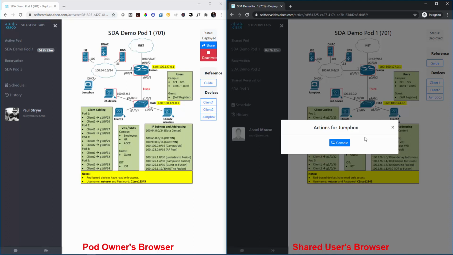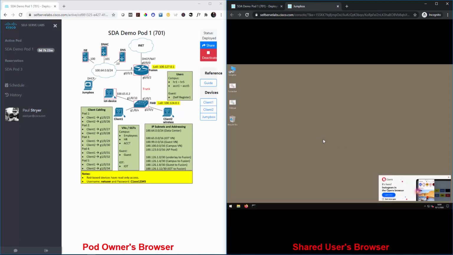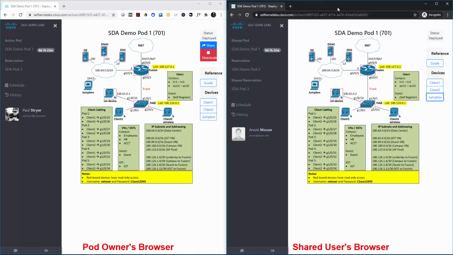If I click on the console button, it will open a new tab and take me to the console of that jump box. Once the tab opens with the jump box, if I click on anything, it won't let me click on anything because I'm in view-only mode of the shared pod. I'm going to close this jump box browser and let's take a look at some of the shared attributes for